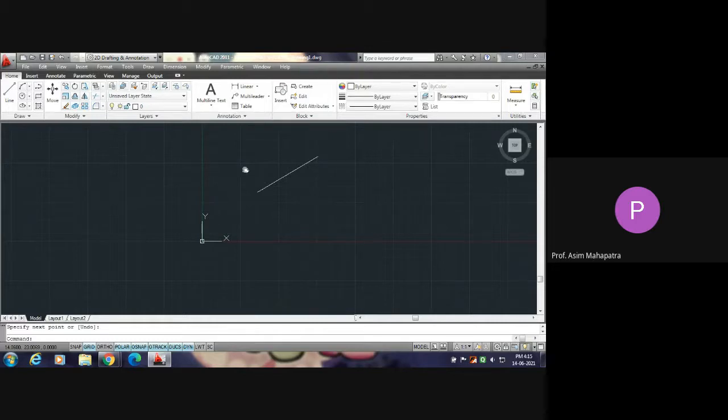You see, the symbol of the hand has come. That symbol is called pan cursor. Pan, P-A-N, pan. Panning means moving from one point to another point. The total screen will move. So I am moving the total screen. Coordinate system will also move. Then you release the wheel, it will come back to the original standby mode.